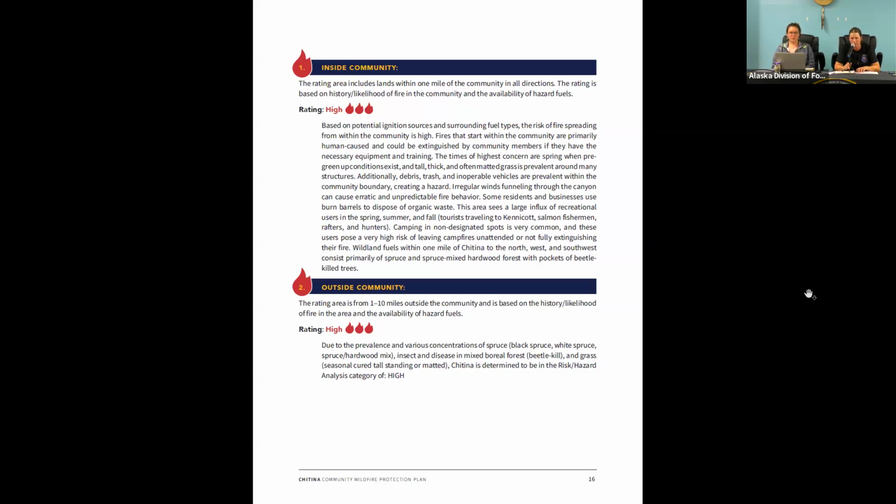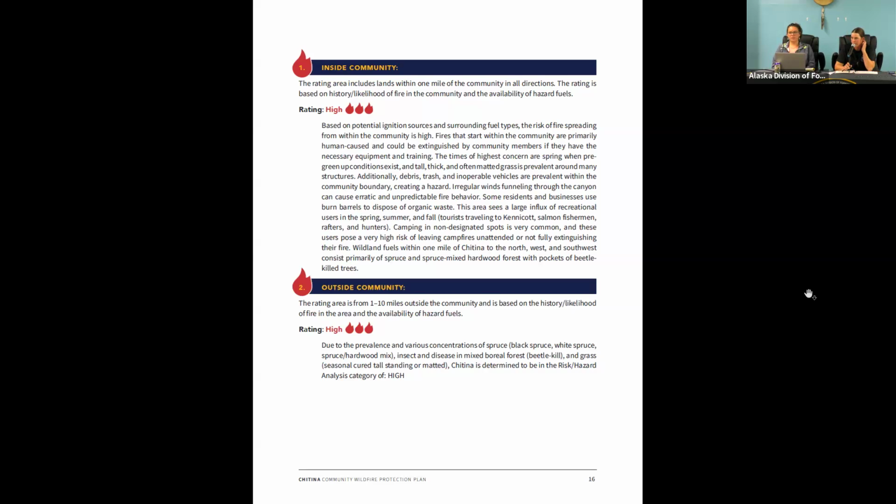Another area that was identified was sort of to the southwest of where Town Lake is, where there's more continuous fuels in that area. And then, of course, just reiterating the grass in the spring before the spring green up period is being a major concern within the community.